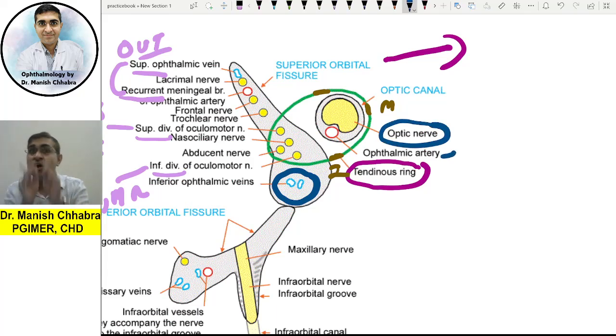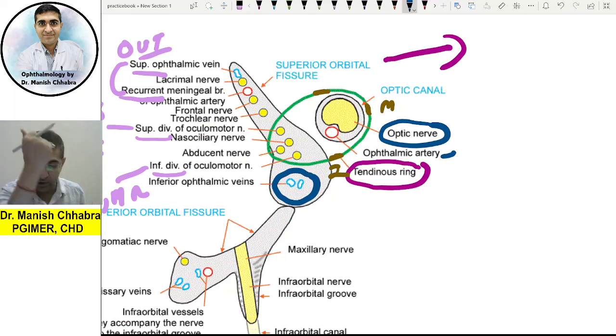So that means all the structures which are passing into the orbit through the superior orbital fissure will lie inside the orbit, and all the structures which are passing through the optic canal into the orbit will also lie inside the orbit only. Yes, now having this knowledge, if you have this knowledge, then orbital cellulitis is a piece of cake,